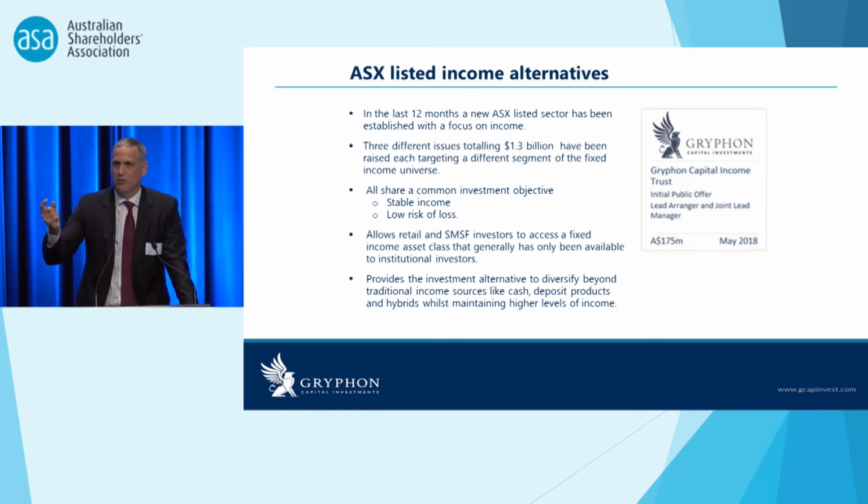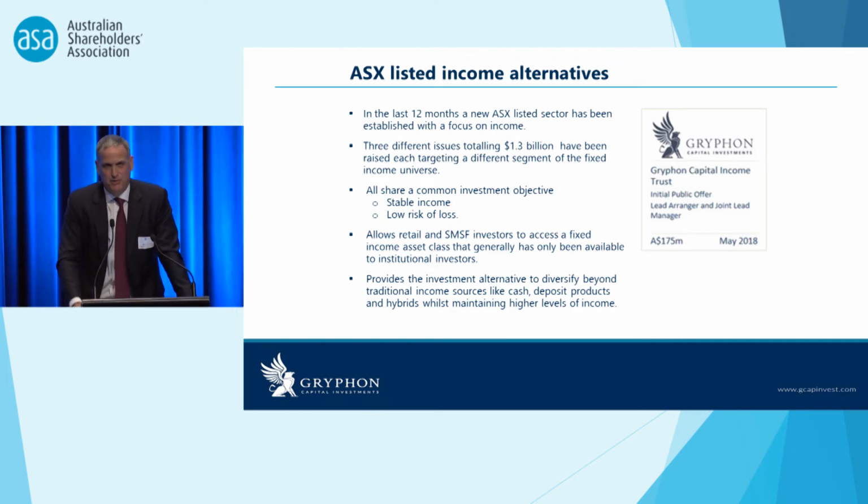It's now totaling $1.3 billion. As you would have seen from Ian's slide, we've raised $175 million. There are 2 other products that have also listed. Ours and another product are domestic assets, and the one that's just listed that Ian referred to is international in terms of its jurisdiction of the fixed income assets. So totaling $1.3 billion, 175 from us, and the balance in the other 2 competing strategies. So we've got different subsectors of where we're driving our fixed income, so very, very different.